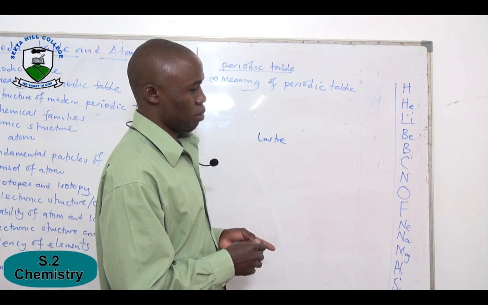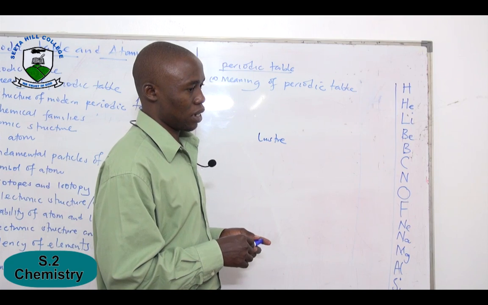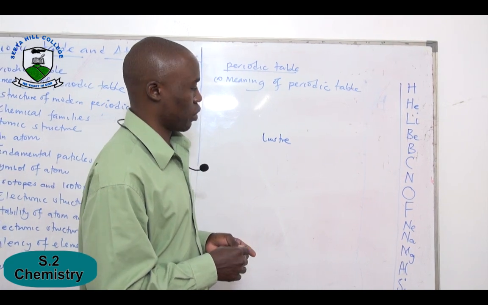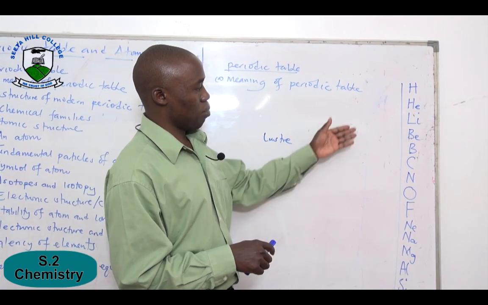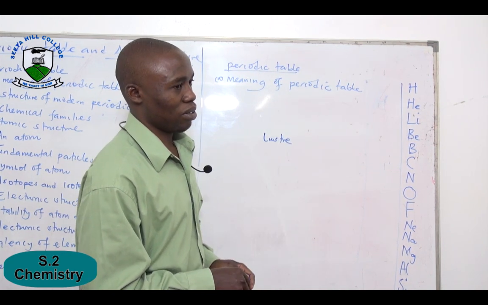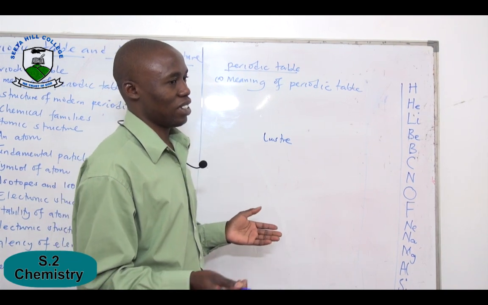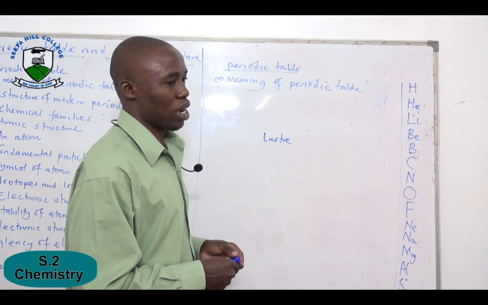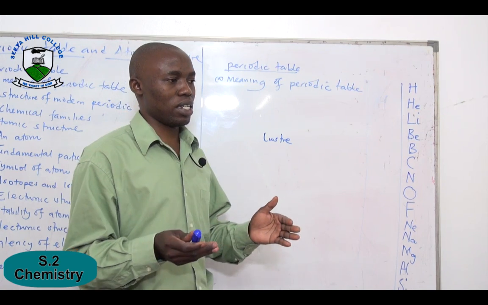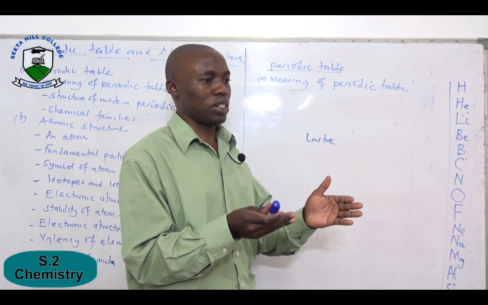Now, shiny makes it appear shiny, attractive, or dull colored. See, that's what we call luster. Now, some elements behaved the same as others. You see, some were gases. See, now it made them come up with a way of saying, let us put elements which are the